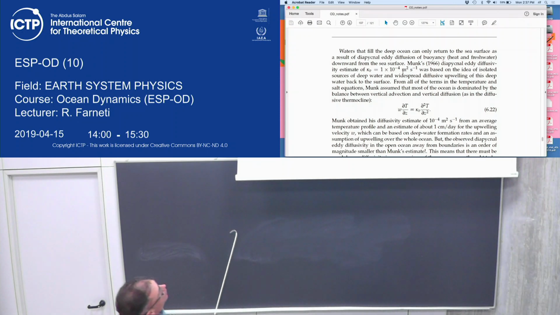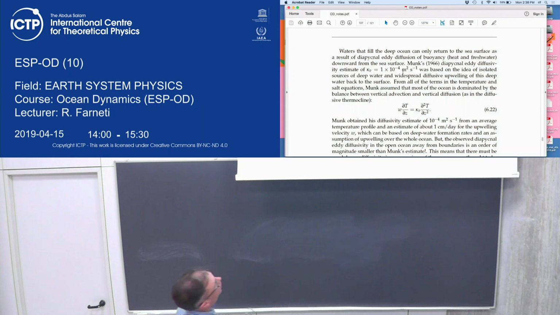So waters that will fill the deep ocean can only return to the sea surface as a result of diapycnal eddy diffusion in this very simple sideways convection. The only thing that brings this cold water back to the surface is diffusion of buoyancy. Okay. So this is where Munk